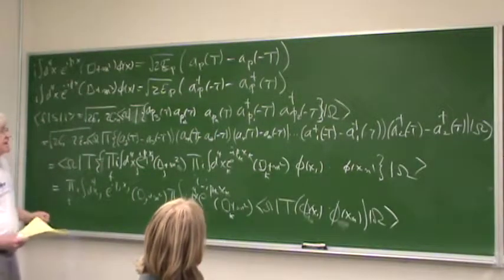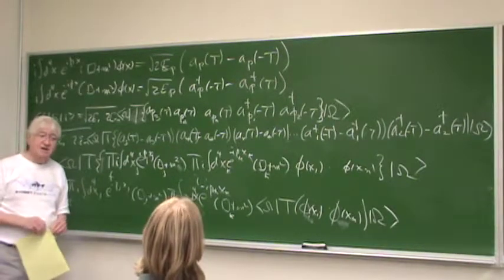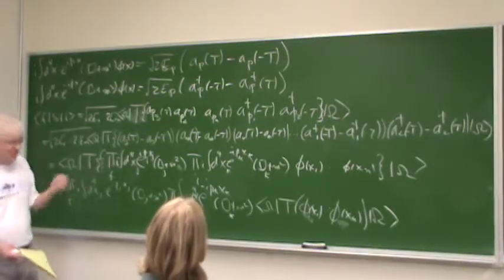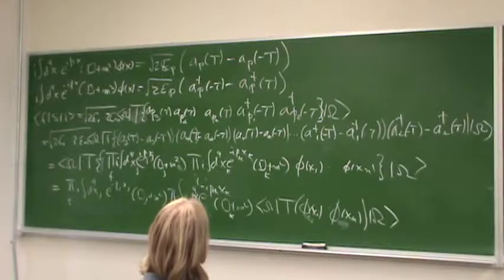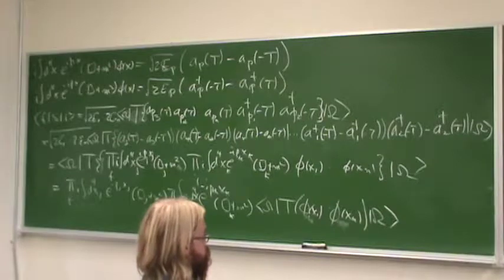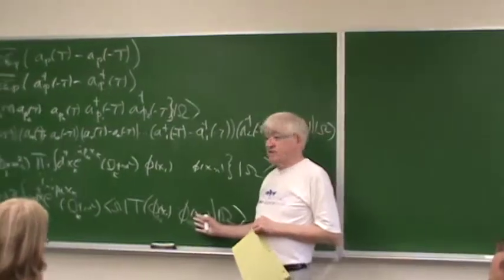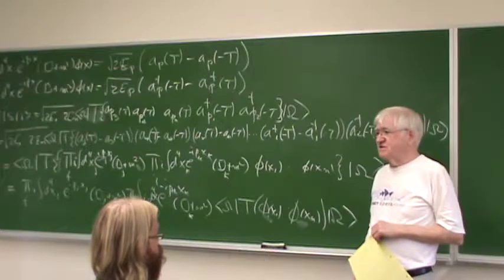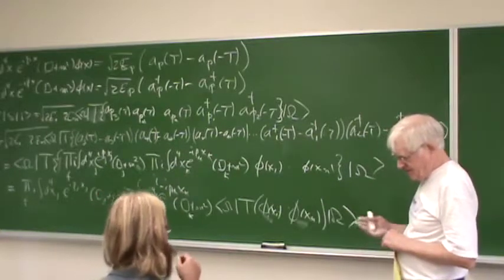So that's the Lehmann-Symanzik-Zimmermann reduction formula. And I've of course done it for scalar fields, but you can do it for arbitrary fields. When they actually presented this, they weren't trying to make it as simple as possible. They were trying to make it as general as possible. And so they were talking not about free fields. Well, we weren't talking about free fields either, but in other words, you can generalize this to any operators that